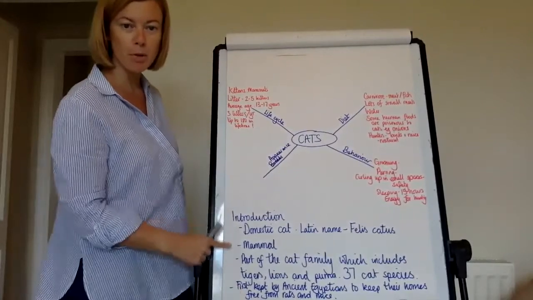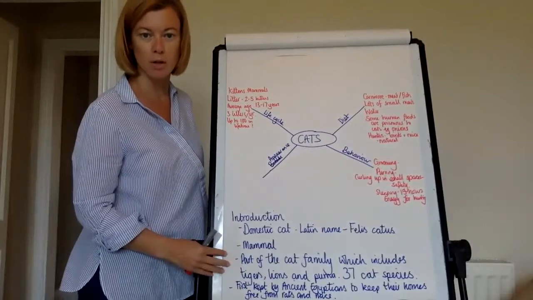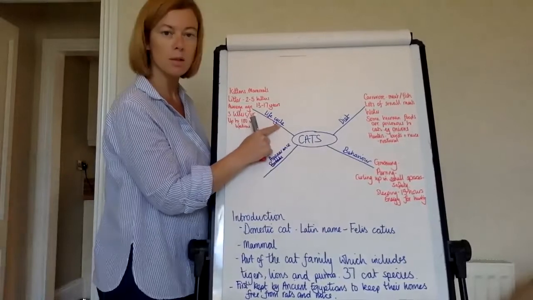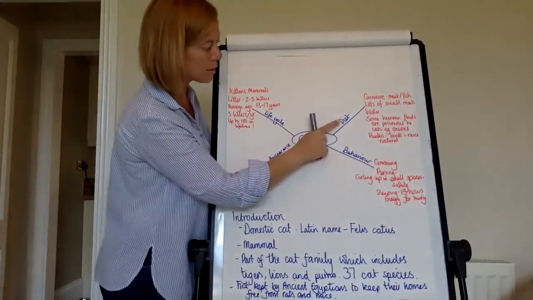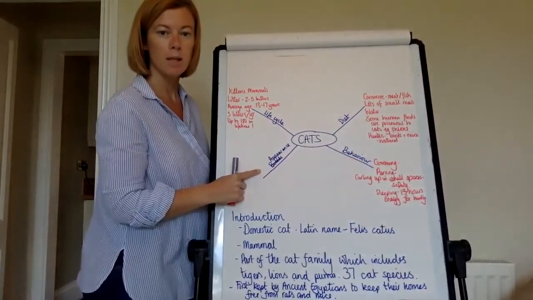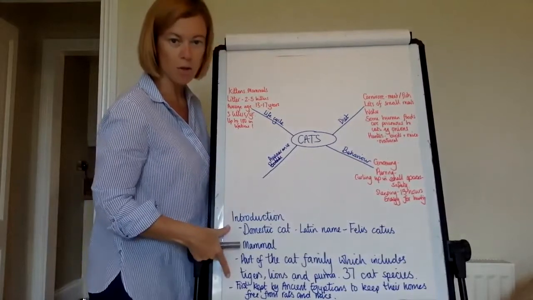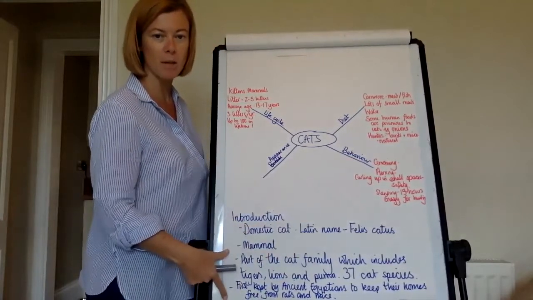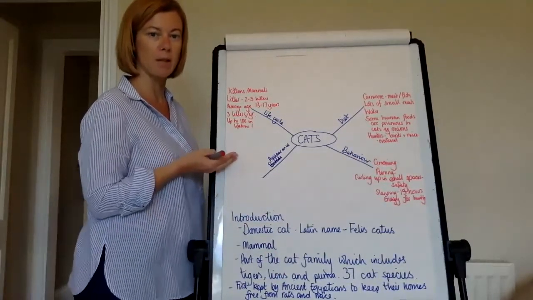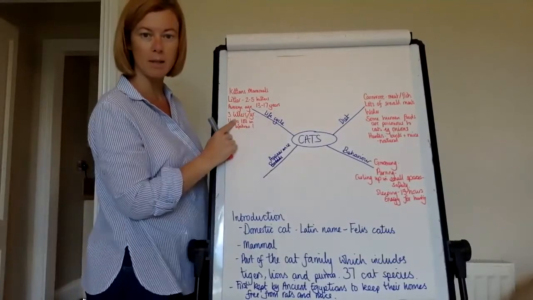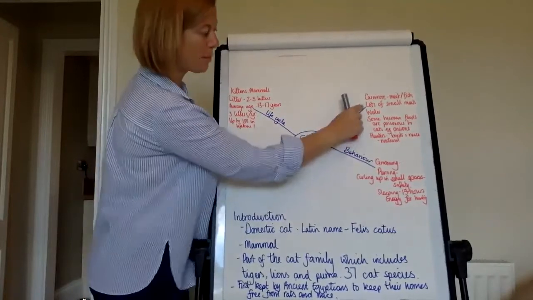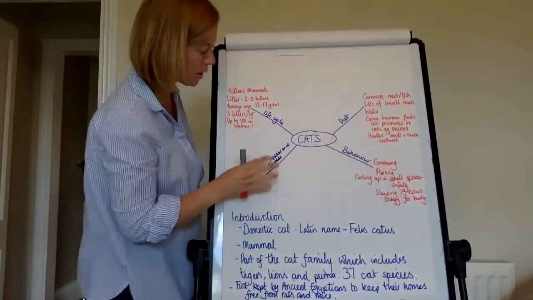I've also made some notes at the bottom here, and these are the things that I want to include in my introduction. On my legs, I've added some keywords: life cycle, diet, behaviour, and appearance. Now, you will remember that the introduction, the first paragraph, tells us some general information about the subject. The paragraphs after that have ideas grouped together in them. So one of my paragraphs is going to be about life cycles. That's why I've written life cycle on this spider leg coming out here. Another paragraph will be about diet, behaviour and appearance.